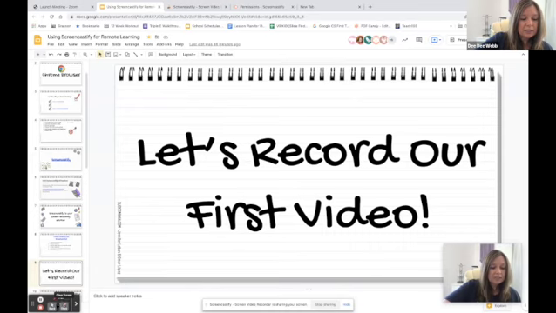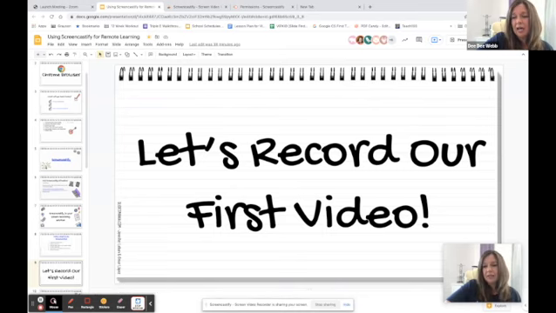Also, let me go back. There are some stickers that you can use. There's an eraser. And if I want to stop my recording, I can actually do that here. I typically stop it up in my toolbar on the extensions toolbar, but you do have the option to stop your webcam at the bottom. There's a pause button. So if you wanted to pause your recording, you can pause it and then resume it, and it's just going to start right where you left off. So if you had to stop and maybe run an errand, you can pause that recording and then resume it again.